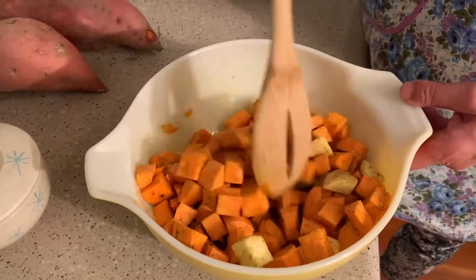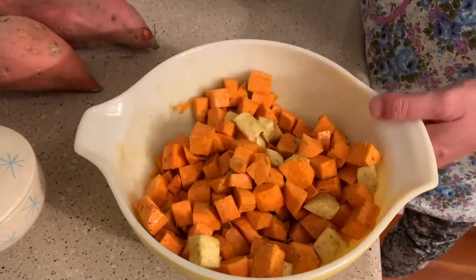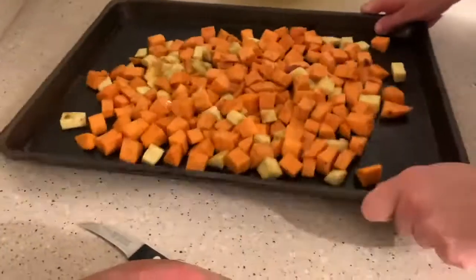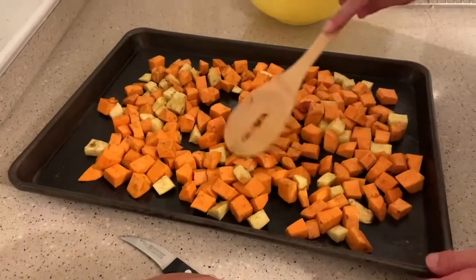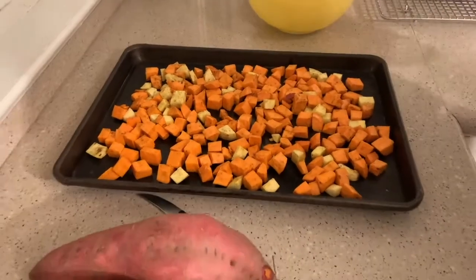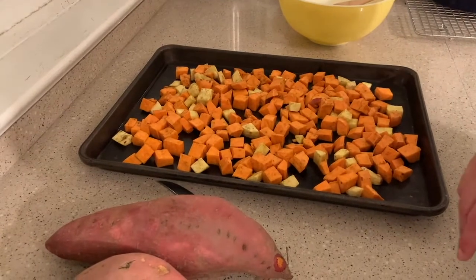So this looks like it's nice and coated with the olive oil and the seasoning. So what I'm going to do now is just pour these onto a baking sheet. Spread them out. And these are going to go in the oven at 400 degrees for roughly about 20 minutes. And I'll mix them up a little bit in between to make sure that they're not sticking to the pan